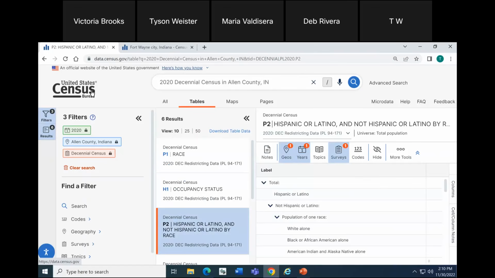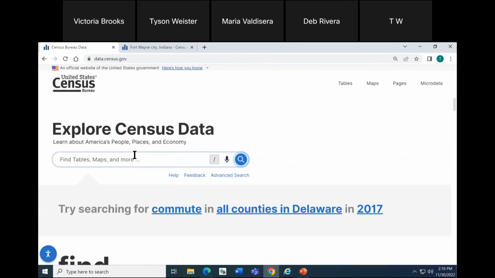Moving on to our last example, we'll click the US Census logo in the upper left. I want to show you a product if you are feeling overwhelmed with the number of table results you're getting, or if you're just not sure what the Census Bureau has to offer or where to start. Our geography profiles are going to be a great product for you to take a look at.